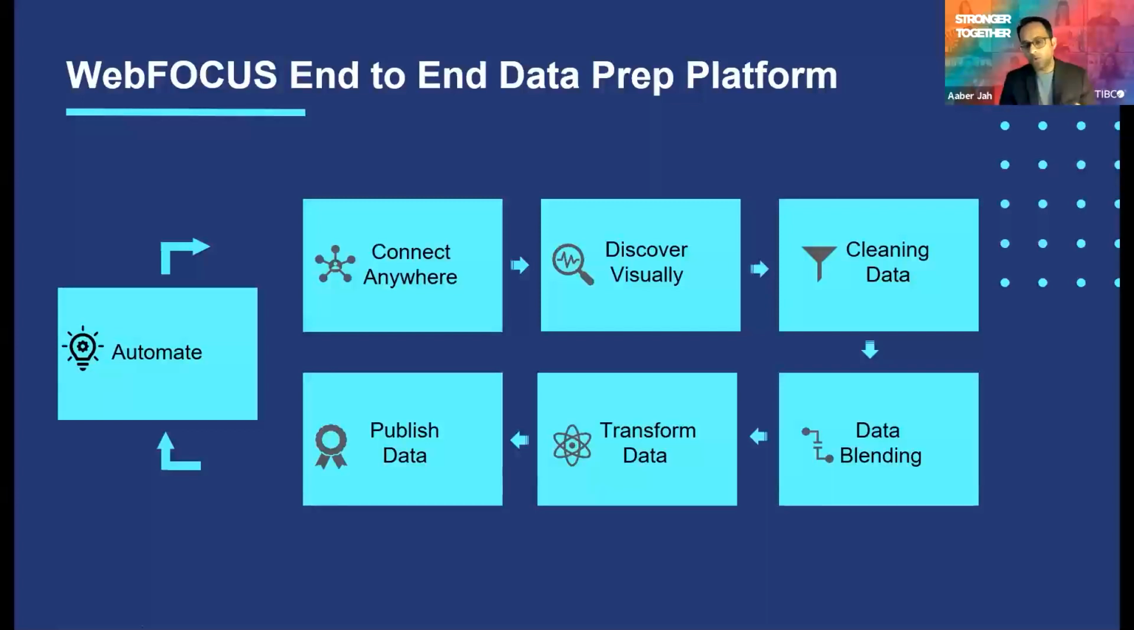So it's one thing to get the data, but then the users really need to understand what that data is all about, to be able to visually profile that data. Then we talk about cleansing the data, right? Blending the data together from all these different data sources and making sure that it is secured enough, right? And then we transform the data so that the users understand they're getting the data in the right format, and